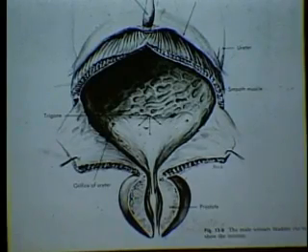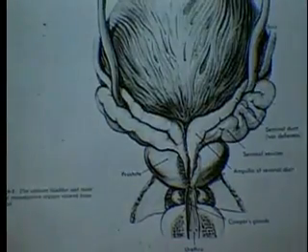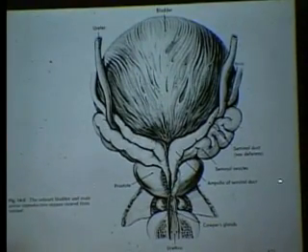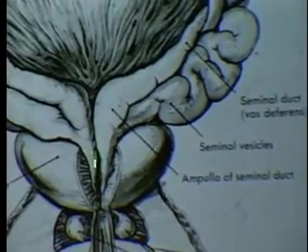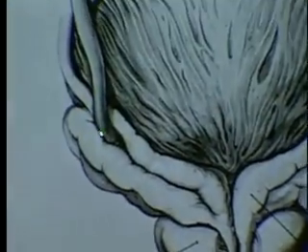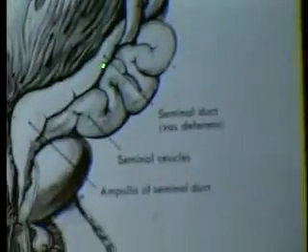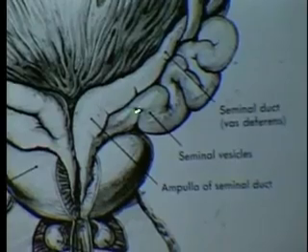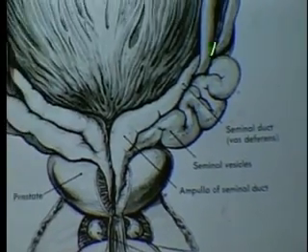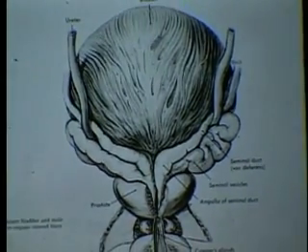In the next one, and now this is the back, so this will bring in more things than we see. We'll get these when we study the reproductive system. We have the seminal vesicles, we have the vas deferens bringing in the sperm. They'll meet here in the prostatic urethra, but here's the ureter coming down with the seminal duct here and the seminal vesicles inferior to the ureter. In the next one,